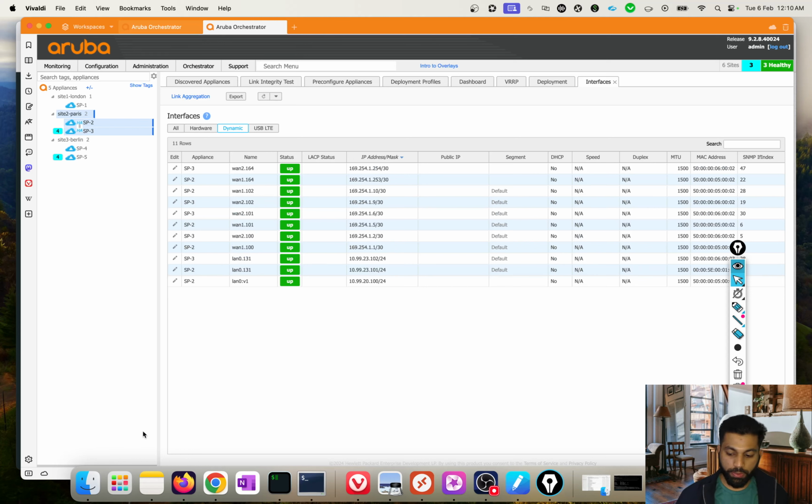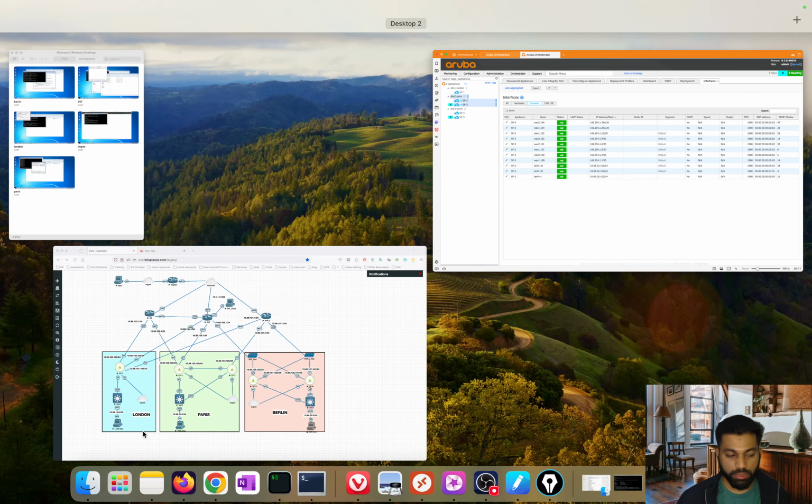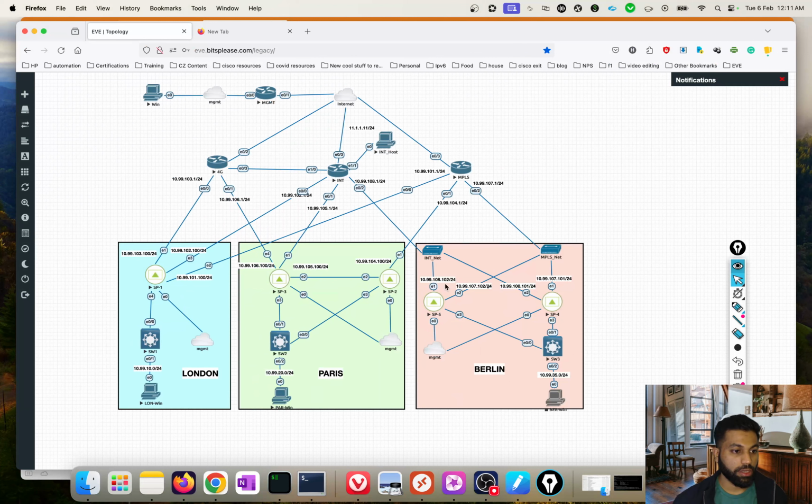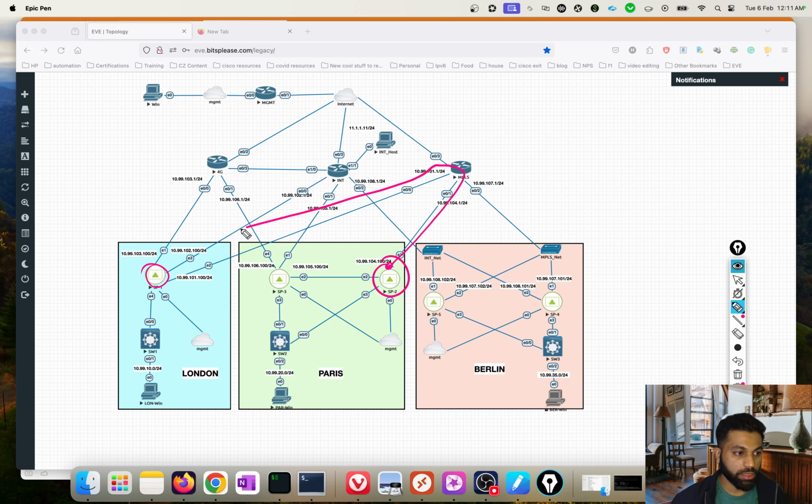Perfect. Now, ultimately the whole point of doing this sharing is so that we can create more IPsec tunnels. Let's take one example. Initially, say I was on SP2, and we had access to only one MPLS. So from here, let's take one more appliance, like this one. The only tunnel which we would have had is this tunnel via the MPLS network. Now that we have added 4G and internet to this appliance,